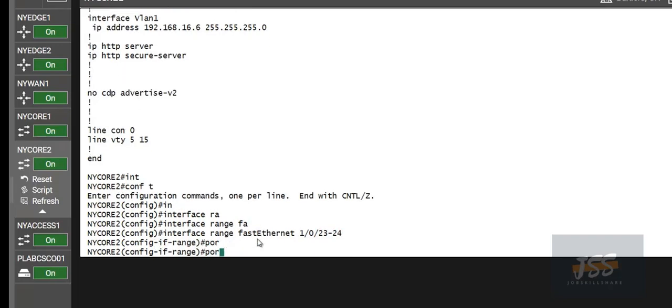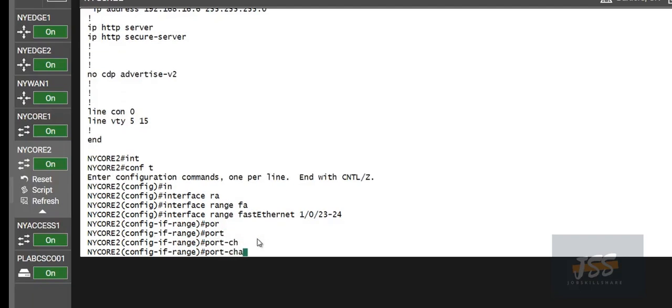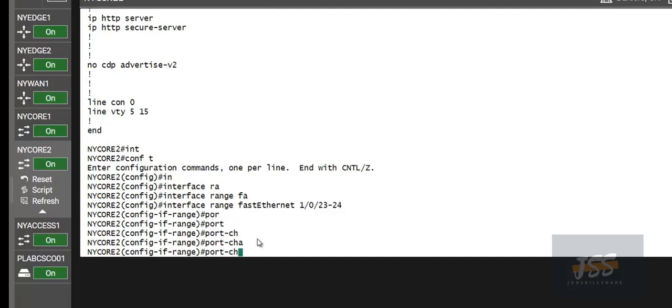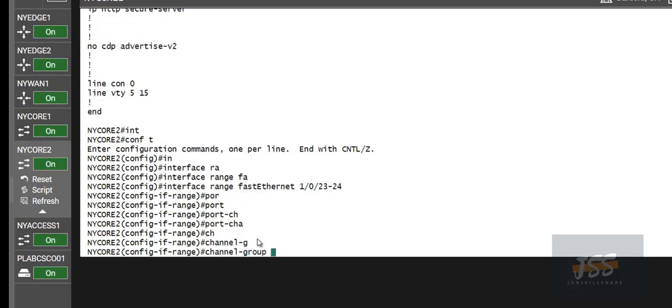The command is channel-group, and the group number is 1. You saw that the port channel was 1, so the group number is 1.